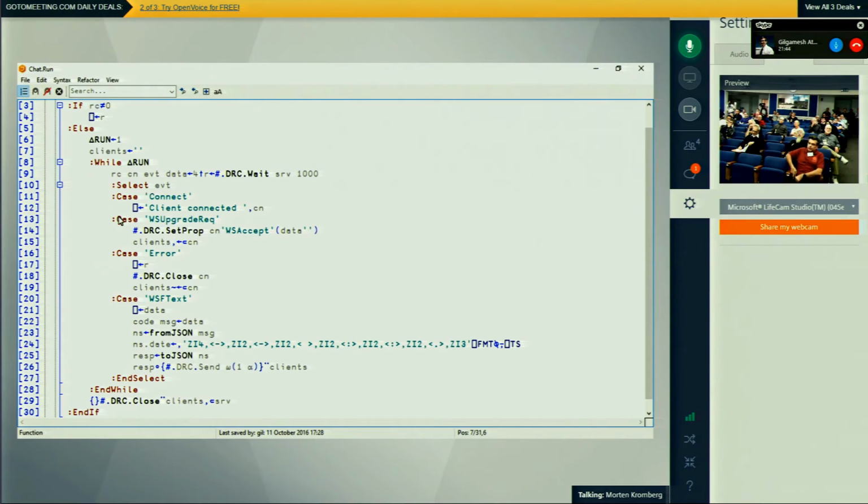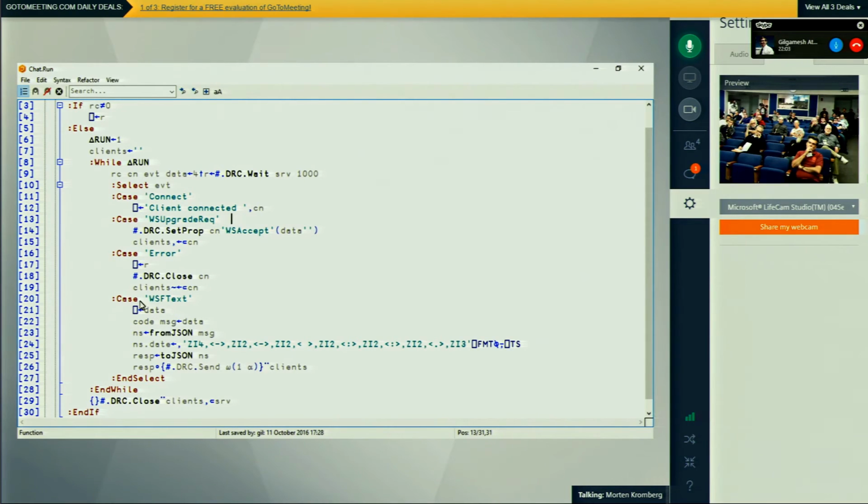The interesting bits are when you get an upgrade request from a client to upgrade to the WebSocket protocol. I accept that without questions asked and add the client to my list of clients. On error, I just close it down and remove it from the list of clients.